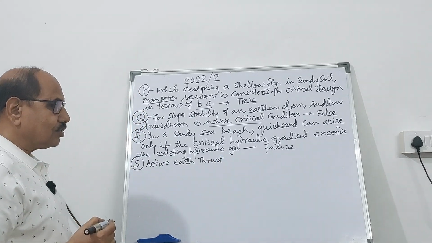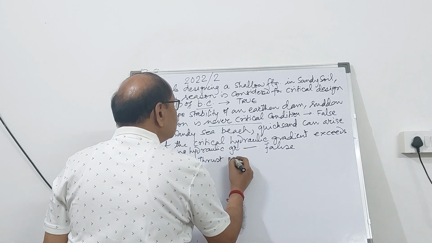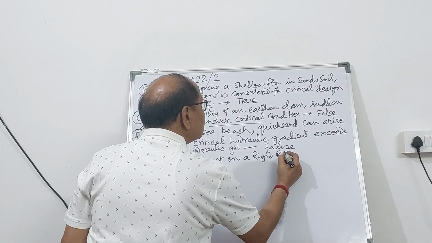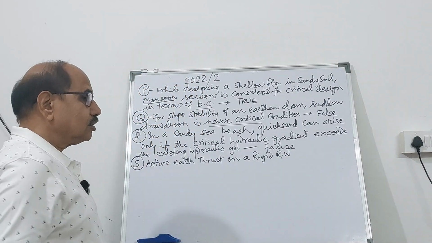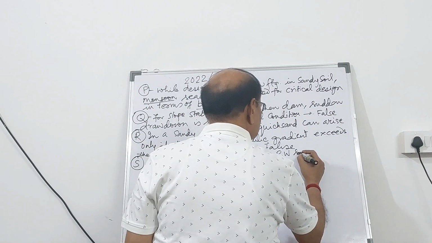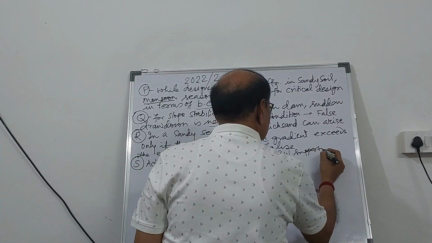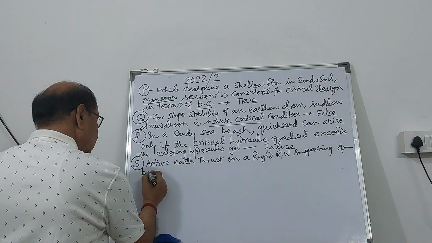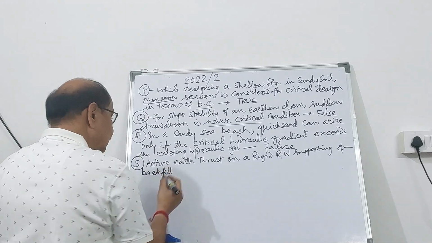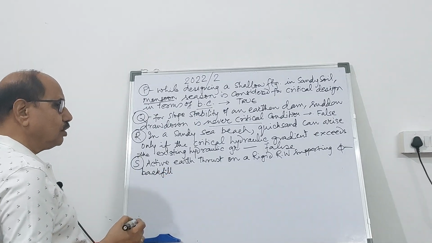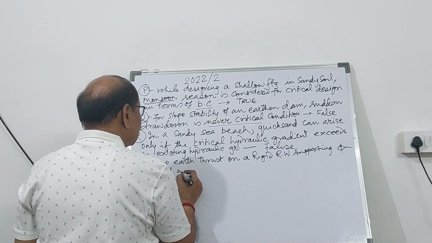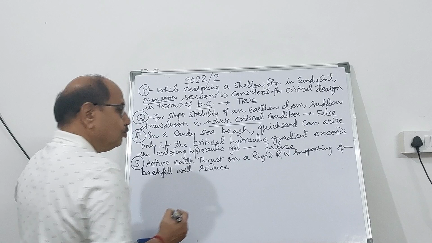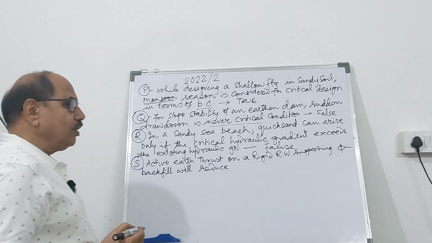Active earth thrust on a rigid retaining wall supporting cohesionless or phi backfill. The backfill is cohesionless backfill. Normally sandy backfill are used. Will reduce with lowering of water table,